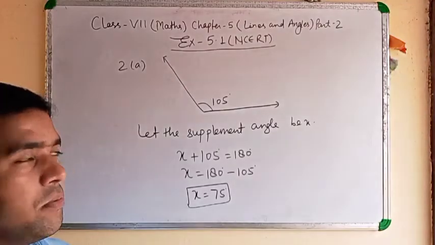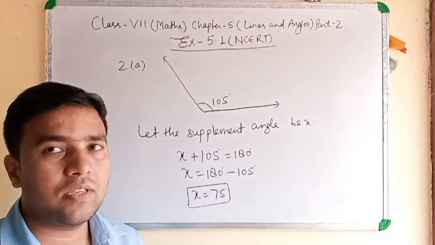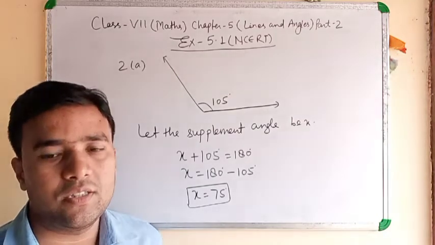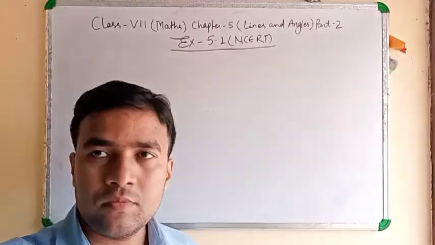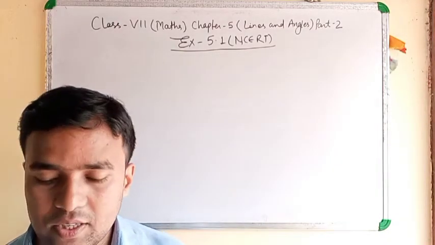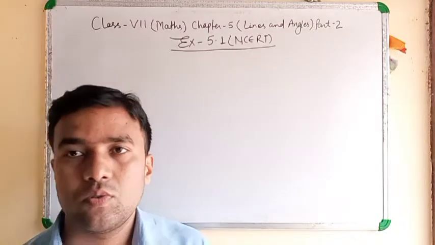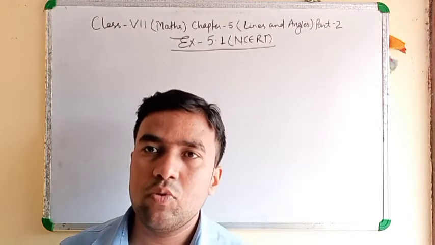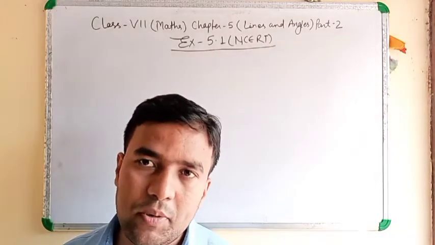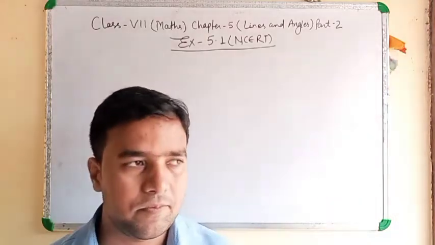In the first question, complement, we have taken 90 degree. Second is supplement, we have taken 180 degree. Clear? The rest of the questions you can do like this. Question number three, identify which of the following pairs of angles are complementary and supplementary. Means here so many values are given. You will do plus. Those whose answer is 90 degree are complementary. Those whose answer is 180 degree are supplementary.